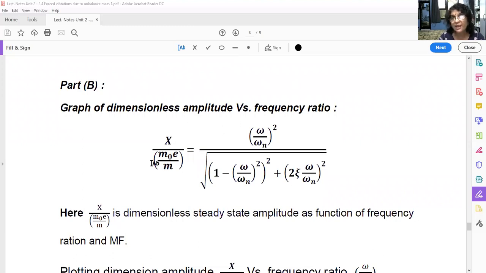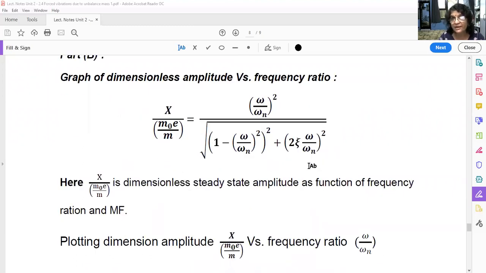See, why I am reading this again and again? Because this is only the basic formula. The denominator will never change. Take any case, we are going to study a total of 3 cases of forced vibration. Case 1, forced vibration due to external excitation, which we have already studied in an earlier lecture. The denominator was the same. Now we are studying case 2, that is forced vibration due to unbalanced force, may it be rotary or reciprocating. The denominator is going to remain the same.